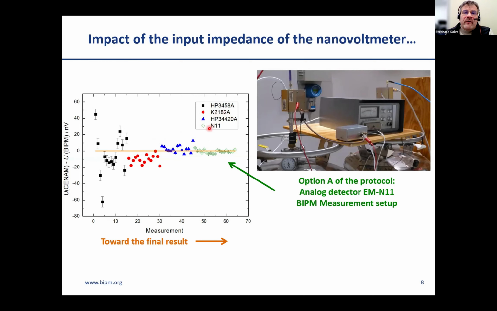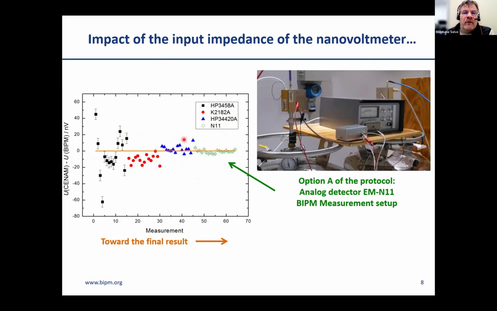So there is the Keithley 2182 and the HP 34420. And you can see that the spread of the points was much better than with the HP, but for the Keithley, you can notice that there was a kind of systematic error at the -10 nanovolts level compared to the HP. I will come to that point in the next slide, but for now, I just would like to focus